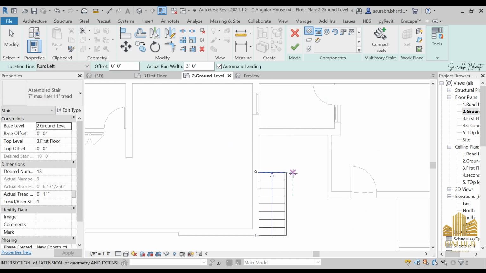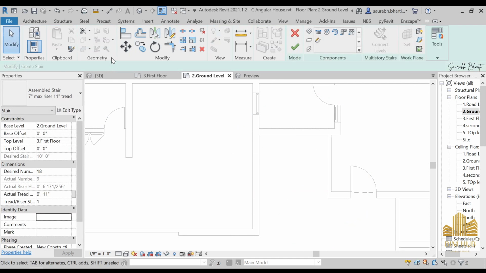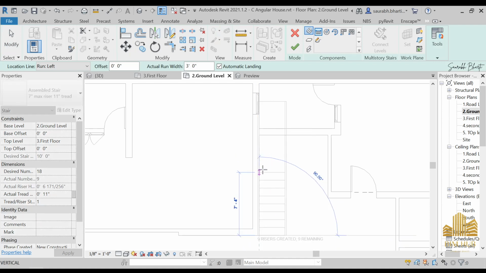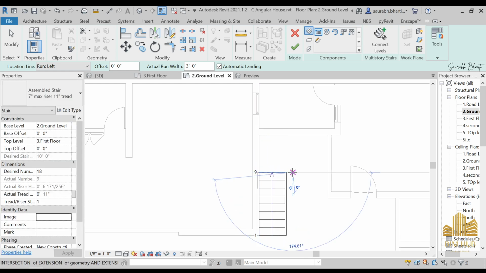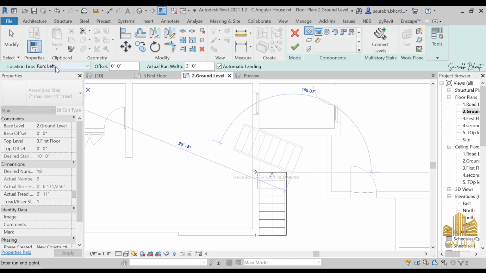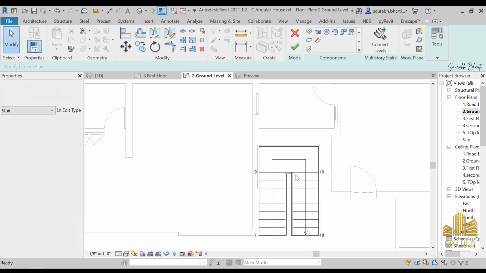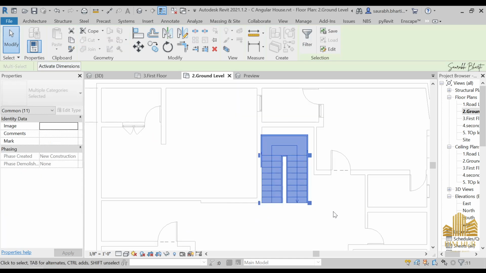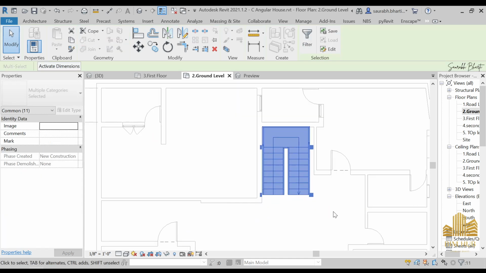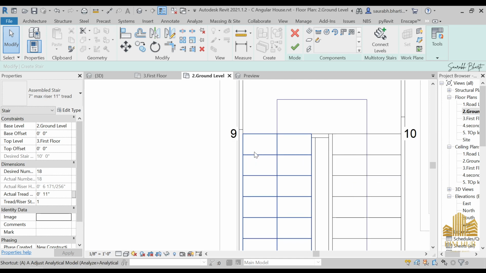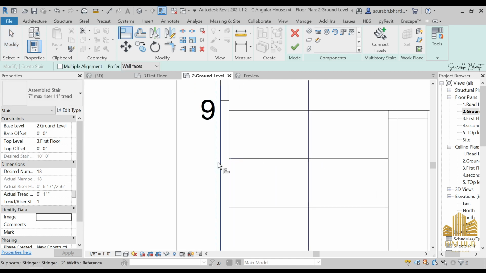And if you want to make it smaller, okay, just delete this. Again go to stairs, make it of 9 risers. Again go to right, done. Now that we are done, move it like this, align it. AL is the align shortcut. Align this with this,